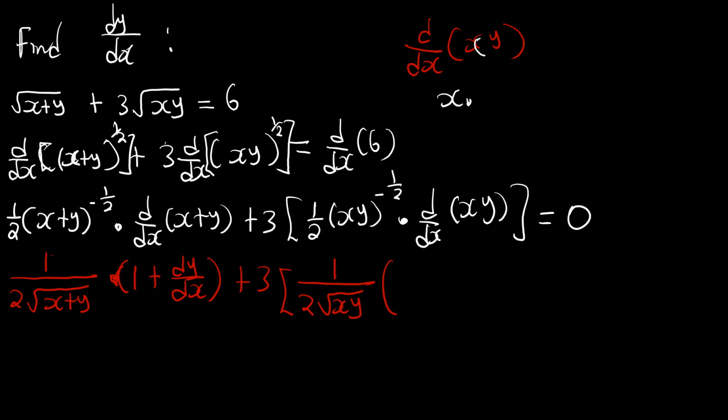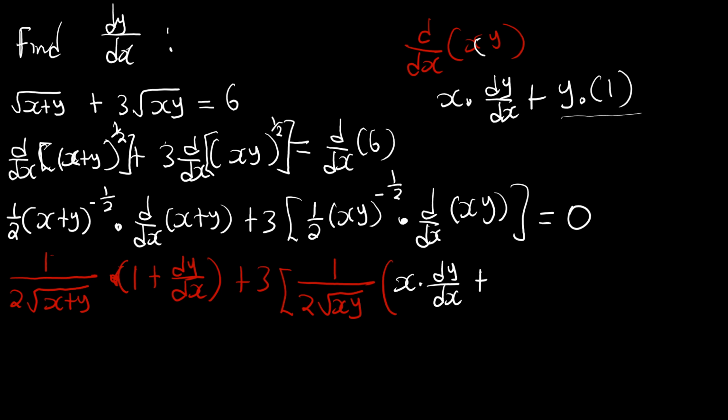The derivative of y is dy over dx, plus we keep the second function, then multiply with the derivative of the first function, which is x. The derivative of x is 1. So here we have x multiplied by dy over dx, plus y multiplied by 1, which is the same as y,